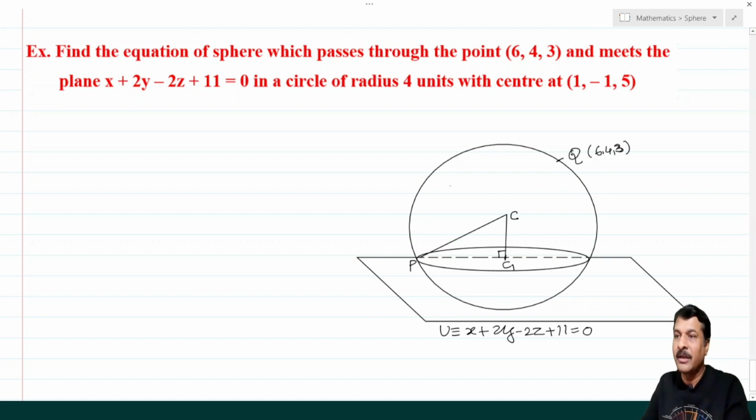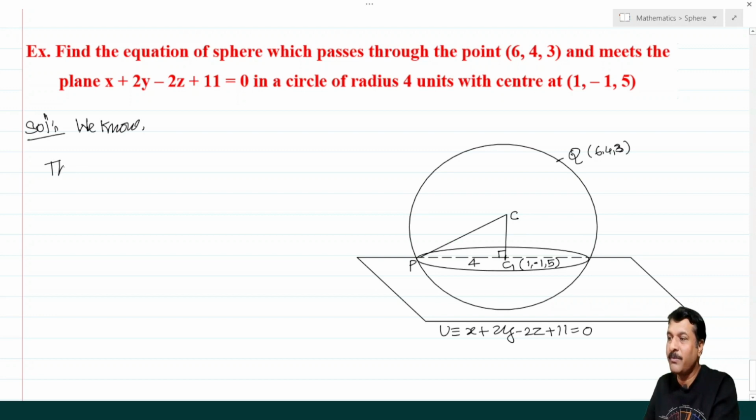So here the radius of the circle is given as 4. So PC1 is 4 and the center is also given. What is it? 1, minus 1, 5. So by this information, we have to find the center and radius of the sphere. So the solution, what is given there. Now what is our main target? That is CC1, the equation of line CC1. We know the equation of line CC1 passing through a known point. Which known point? C1, 1, minus 1, 5, and having direction ratios